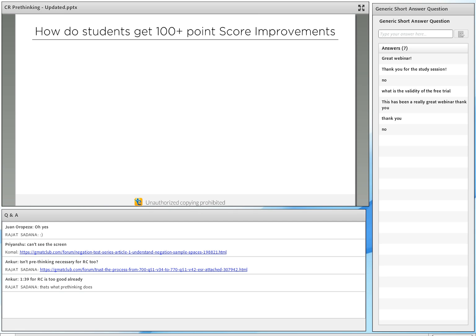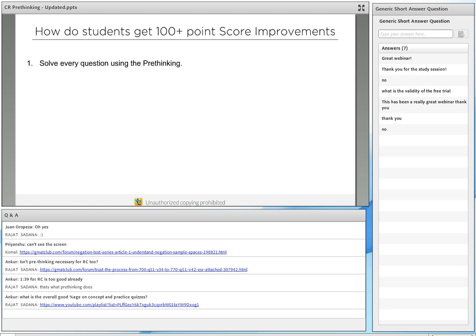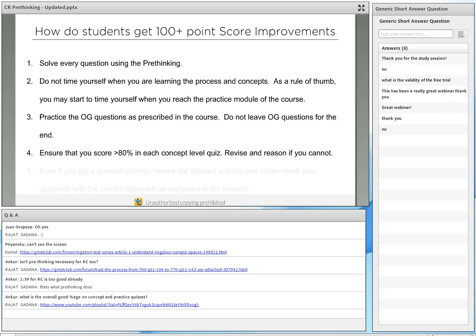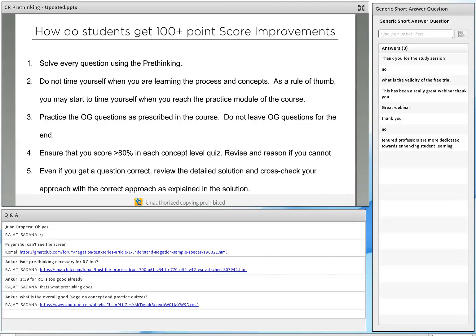So if you go and take a look at this, you should be able to see a few things. One is how do we provide feedback, and the second is how does that feedback power success. So how do you get to that 94th percentile? Do these basic things, not a whole lot. And this is a question that you were asking, Ankur.